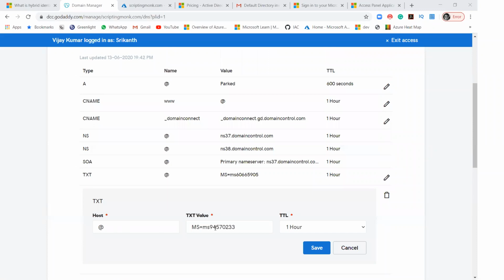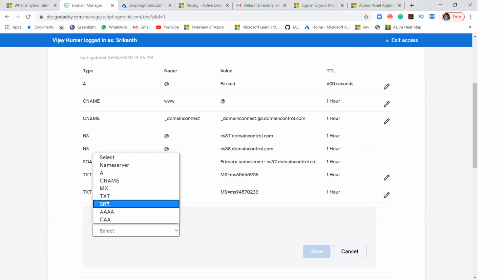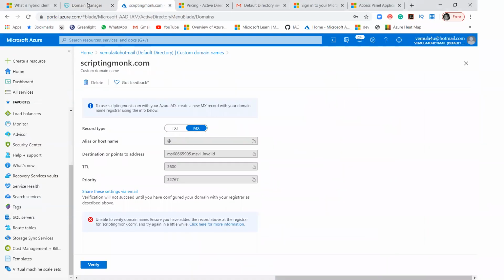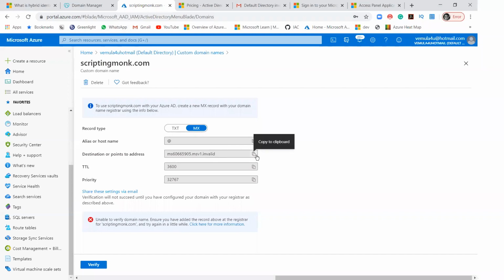Host name is @, text value, and now save it. I'll add one more record, which is an MX record, right? And in this MX record, host name is @, right? And then it points to what? It points to this address,